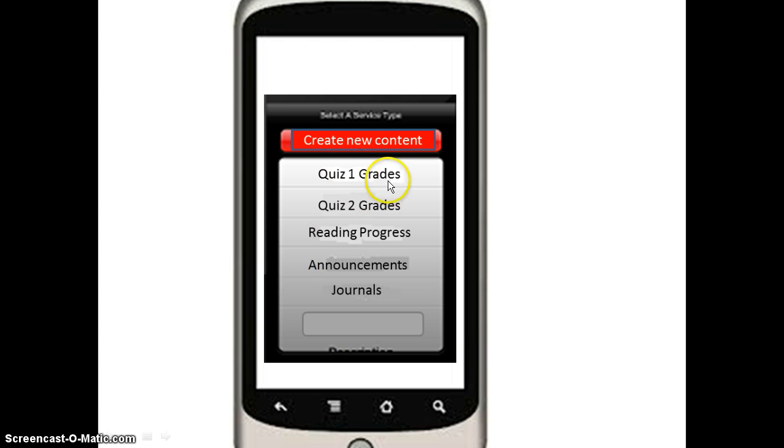And so we can see the quizzes that the students have taken and their grades, and announcements if we want to make any, also ones that we've created are there, and journals, which every once in a while we'll link a page to a journal entry so students can write in the moment about what they're thinking and what they're feeling. And then we can also check reading progress. So every time a student scans a page, that event is logged and sent to the teacher,